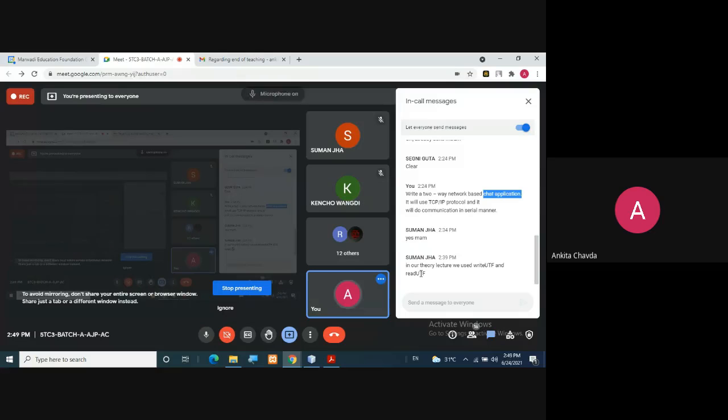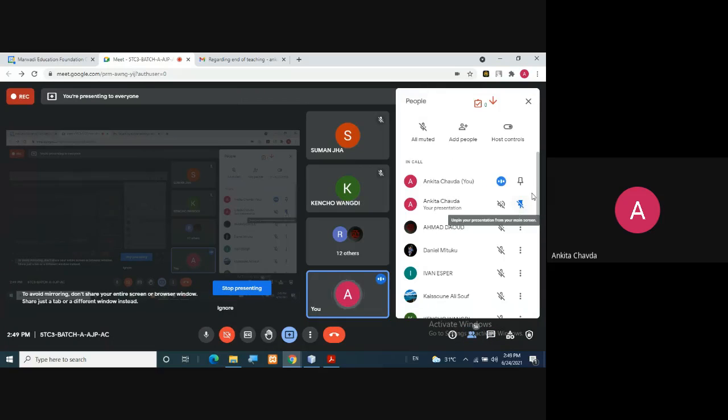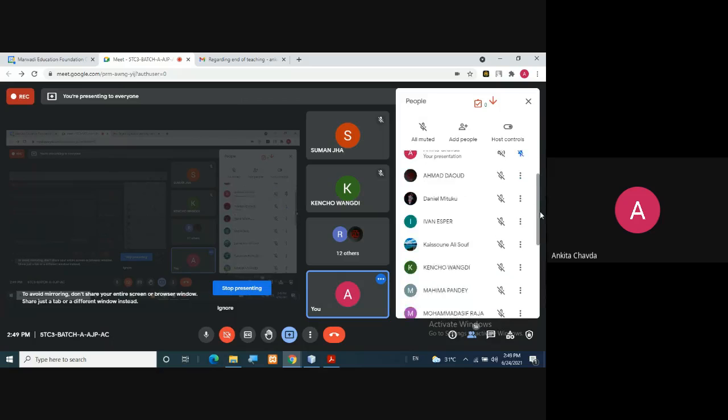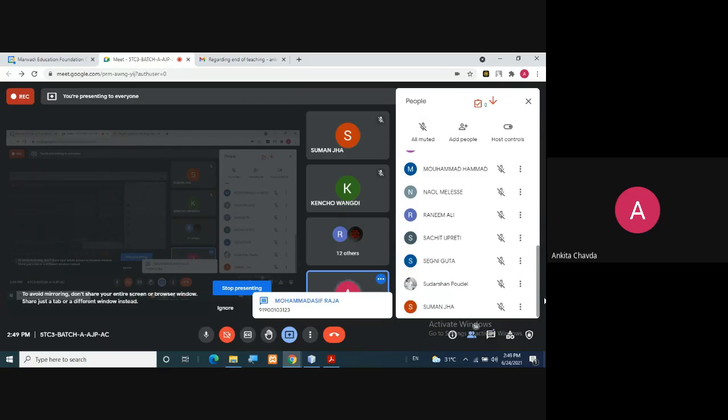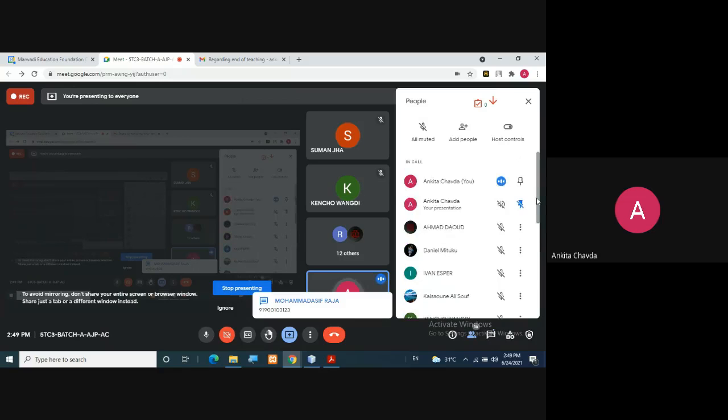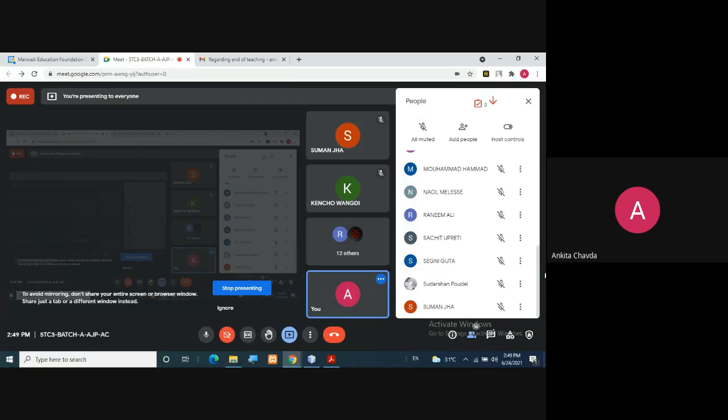Is it done? If it is done, you can write your enrollment numbers here and leave. Please write your enrollment numbers and leave.